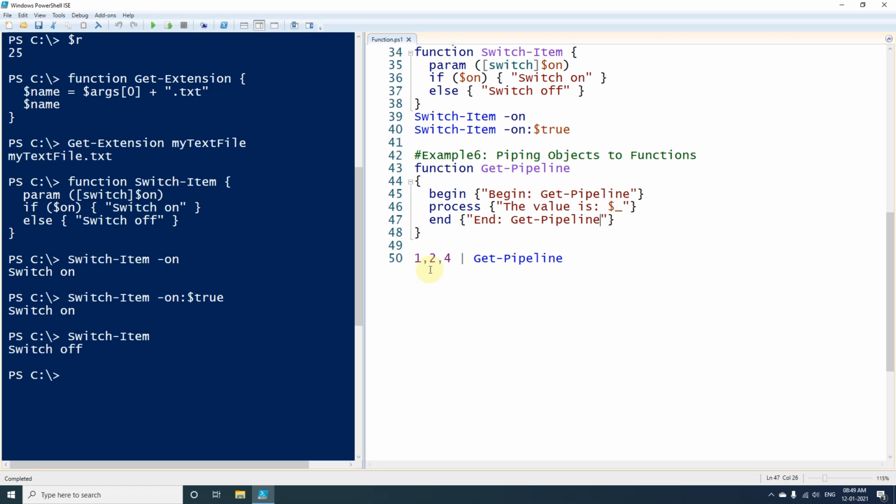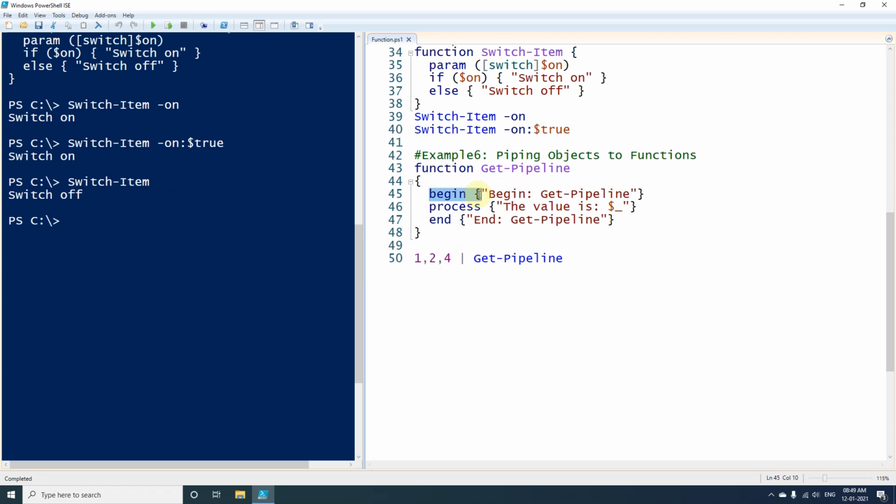So what will happen if I execute this line? This is nothing but an array, and when it is passed to a pipeline, one value will be passed at a time, and this value will be passed to this function, and this function will process whatever value comes from the pipeline.